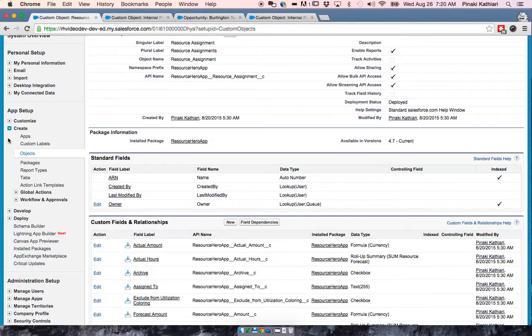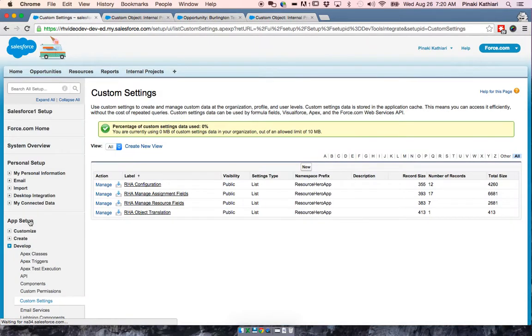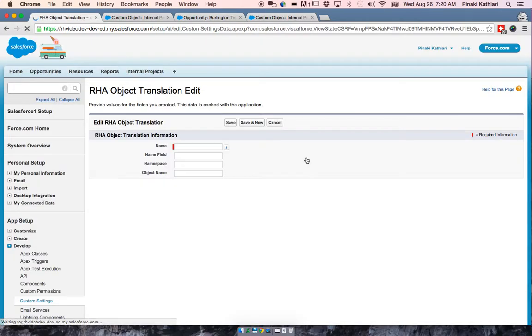So we're going to go into Develop, Custom Settings. And here we have our area for RHA object translation. We're going to click on Manage. And you see we already have object translation for Opportunity. But what we're going to do is click on New,